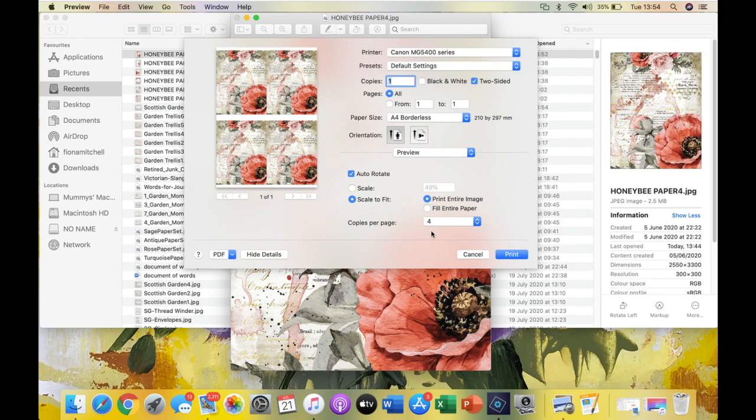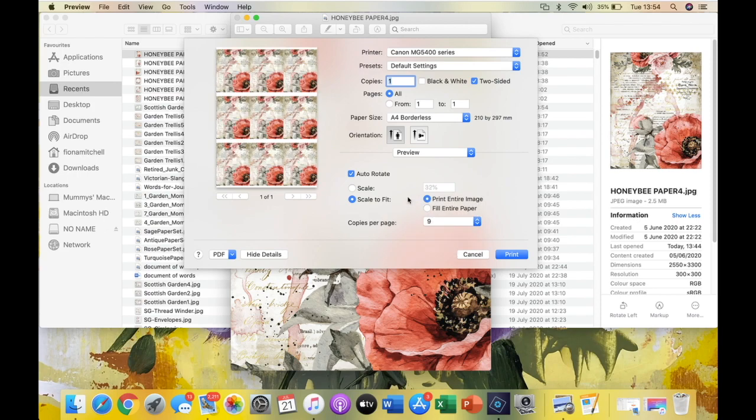If you just select number 4, you'll see that it brings up 4 copies on the same page, and that's perfect for making pockets or journaling cards. If we do select, say, 9, you'll see again it puts exactly the same image but 9 times on the same one piece of paper, and that's perfect for embellishments